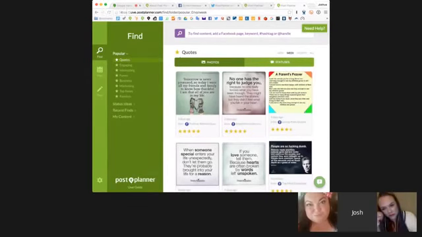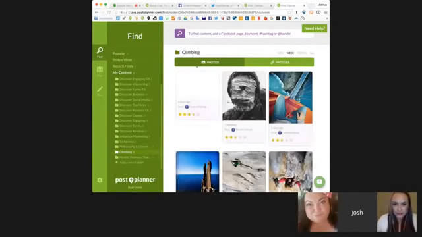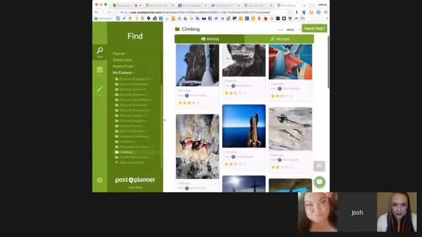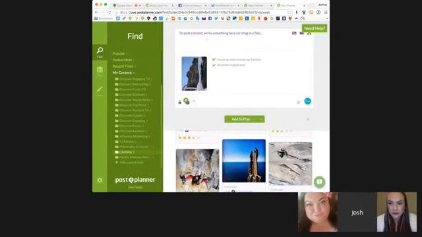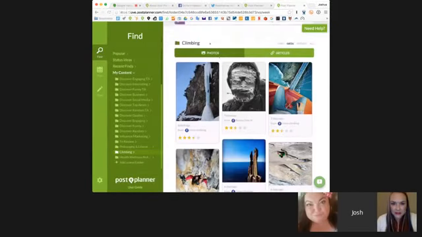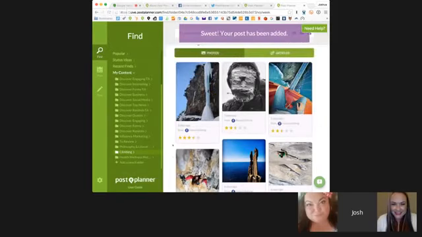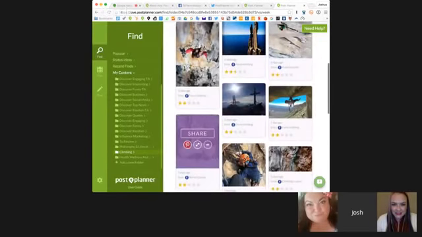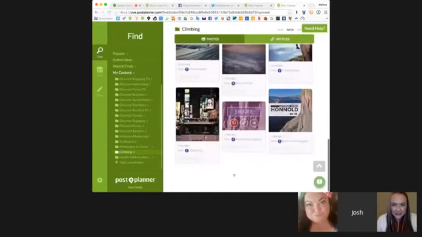I have a folder here called Climbing. There's a bunch of Instagram accounts in there, some Facebook pages. I can basically go in here and schedule five of these in a row. Add the plan. I can schedule that one. Sweet. Add the plan. See how fast this is. There's another cool one. That looks kind of cool.